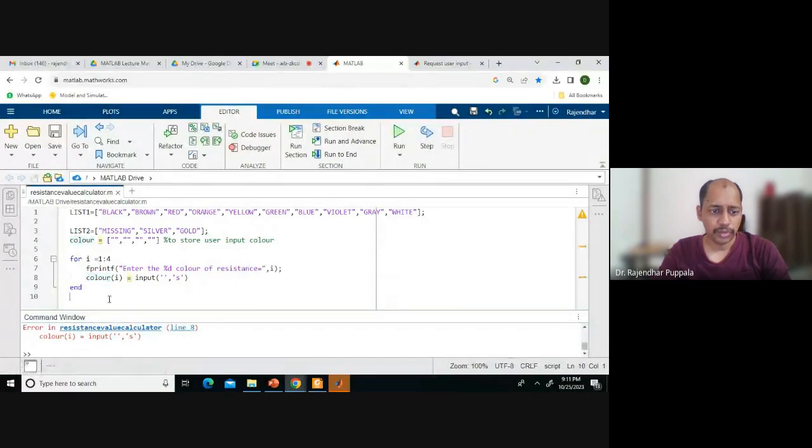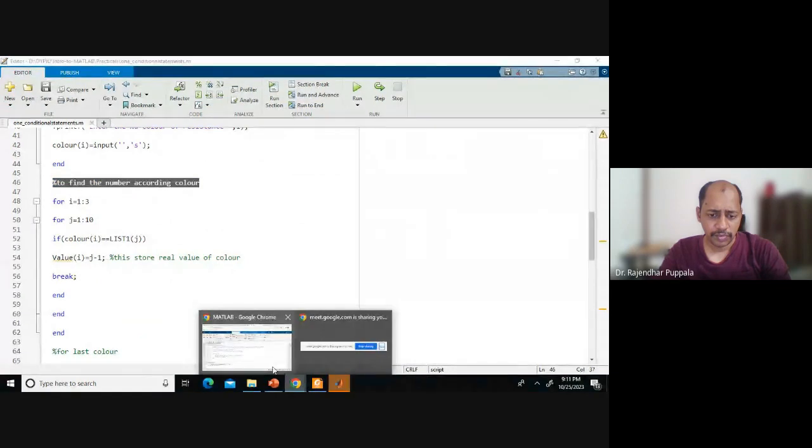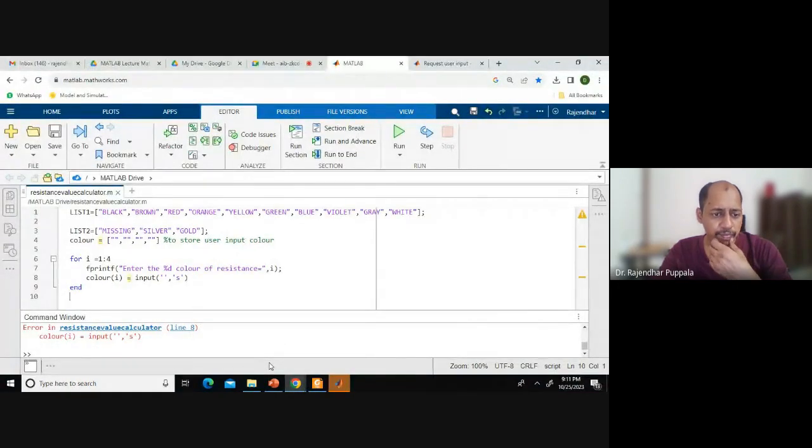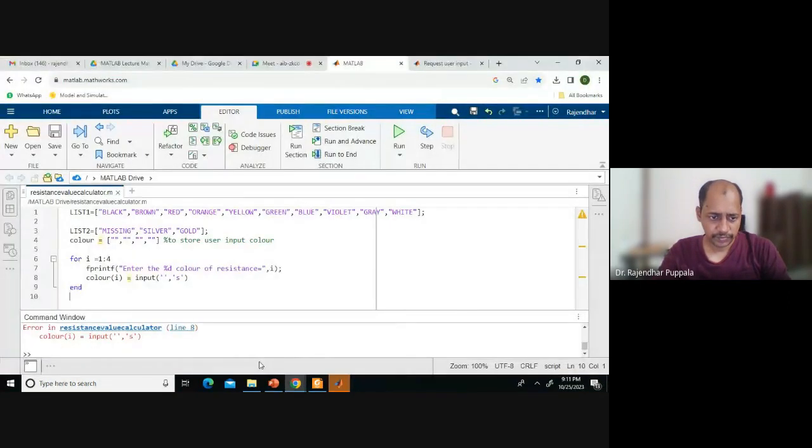Now the program is not closed. After that, it will execute. So to find the number according to the color,